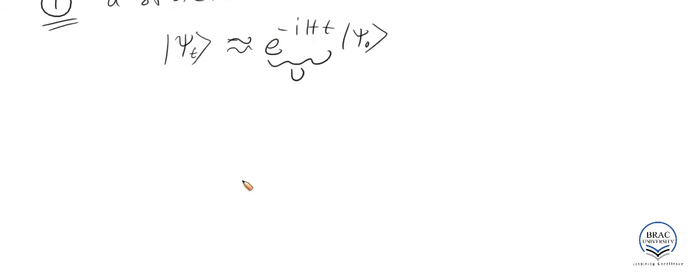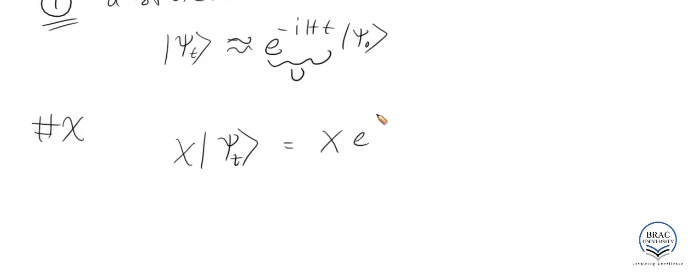Now an operator, let's say I want to know the energy, or okay, not the energy, let's say something else. Let's say I want to know what is the position of this thing, right? So there are two ways I can do it. That is, I just act with x on psi of t. It will give me x e to the power i H t psi 0. This is one way to do it. Another way is to